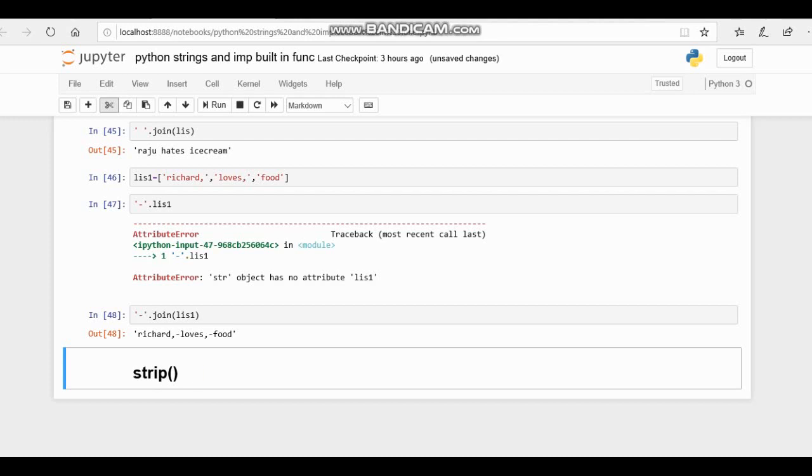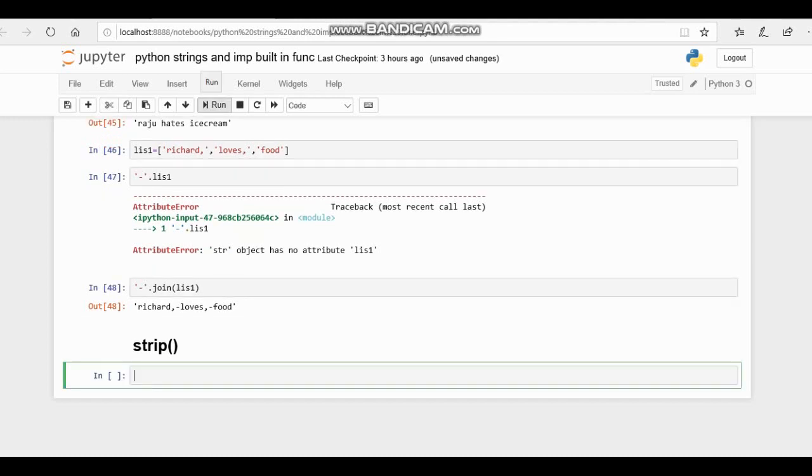Now let's see about the strip function. The strip function is used to remove a set of characters from the left end as well as the right end of a string. So let me give an example. St equal to "loony is loony". I'm going to leave some white spaces before and after.